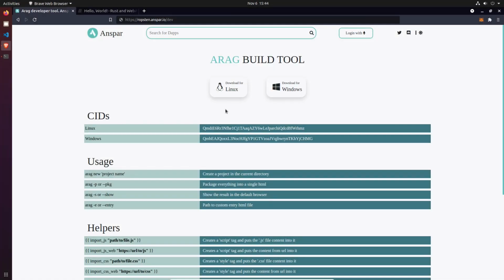There are 4 commands we can use with Arag tool. The new command followed by the project name will create a template project for you. Then we have the -p for packaging. This will create a single output HTML file, which you then will be able to upload to Anspar and mint